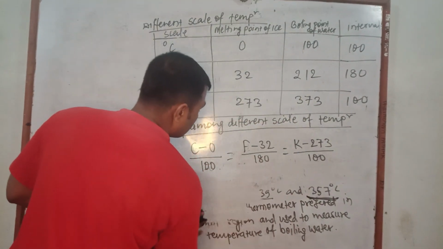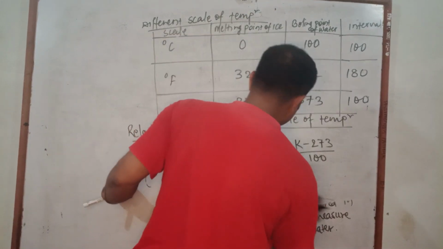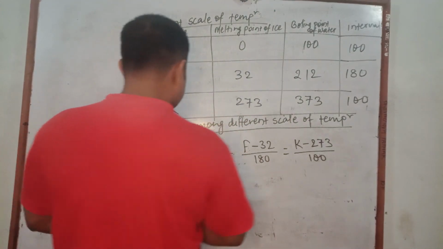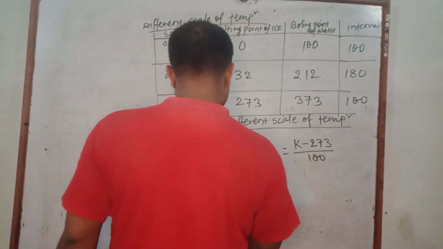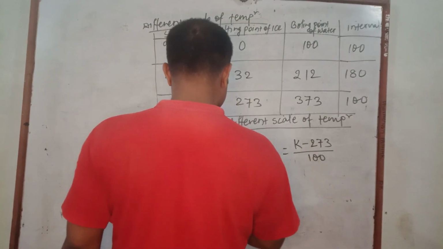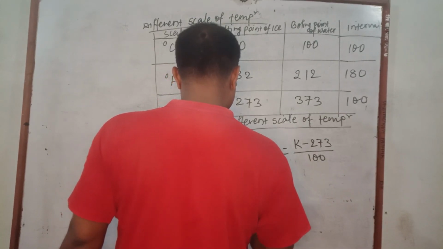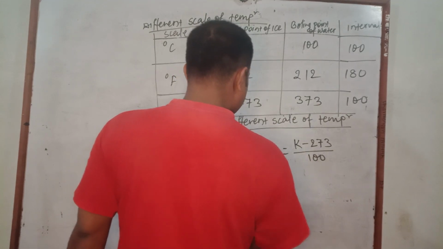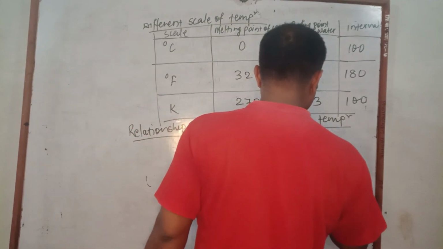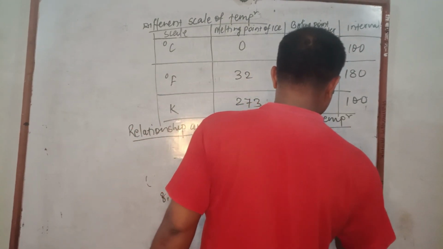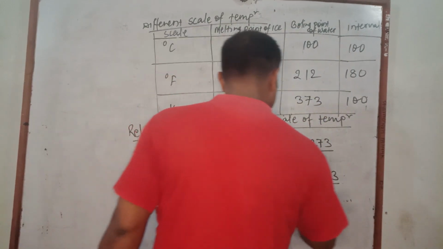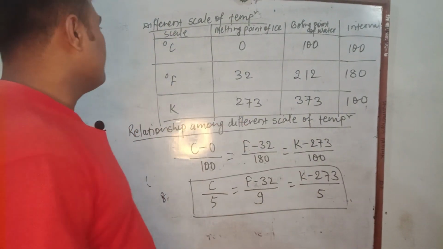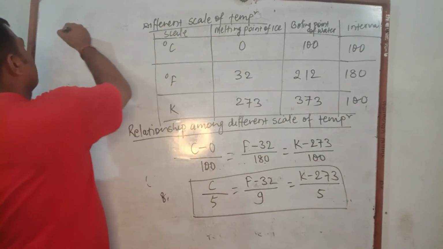This is called the relationship among different scales of temperature. And also we can take the LCM: C by 5 equals F minus 32 by 9 equals K minus 273 by 5. This relationship helps to convert one scale of temperature to another, like